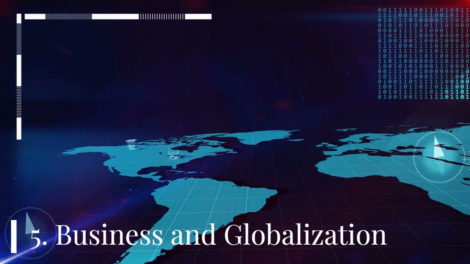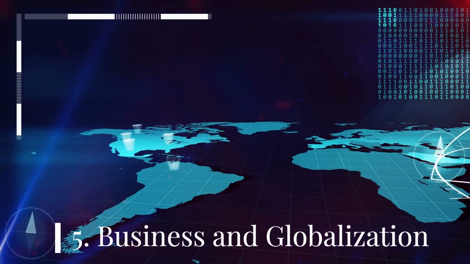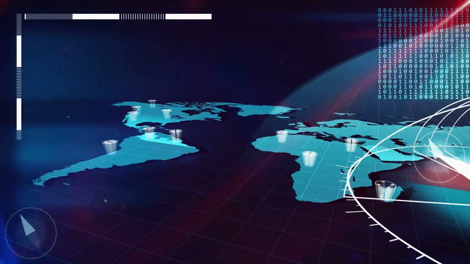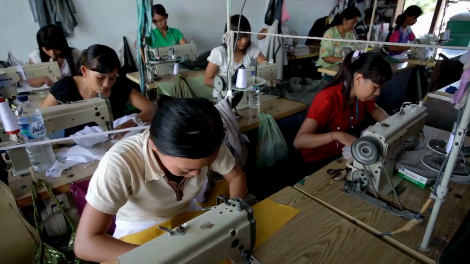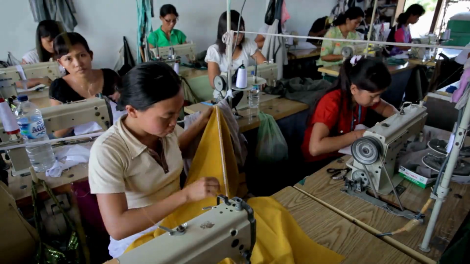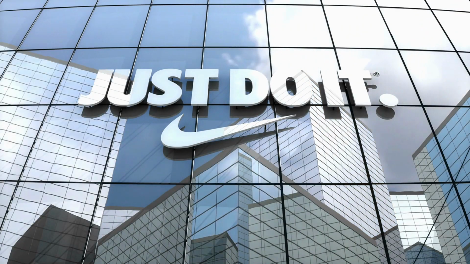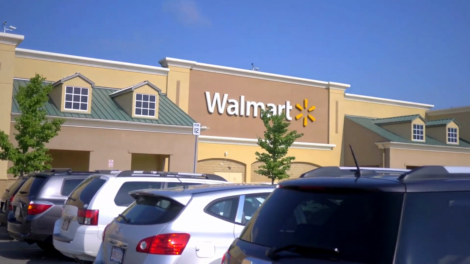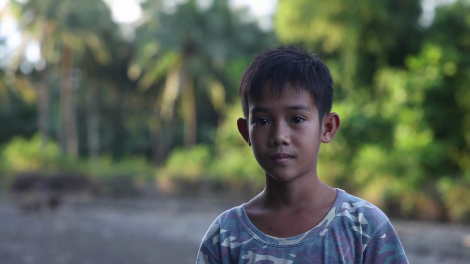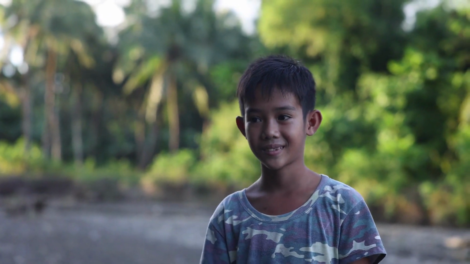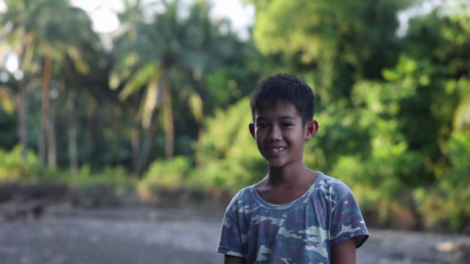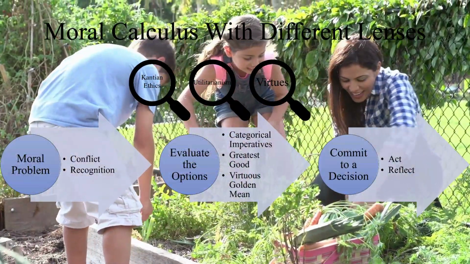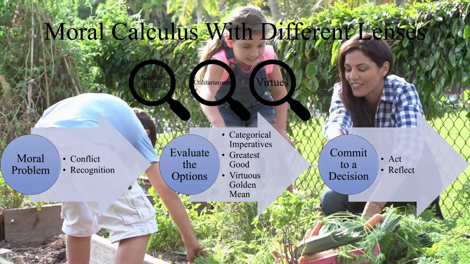5. Business and globalization. In this section, our text examines some difficulties we encounter when we attempt to apply Western moral standards in different parts of the global community. The first example is child labor. In the West, we condemn large companies like Nike, Gap, and Walmart for using child labor in developing countries. However, when we learn that the people of those countries are grateful for the opportunity for their children to work to help improve the lives of their families, and that they see it as a good thing, how should that impact our moral calculus from a utilitarian, Kantian, or Aristotelian perspective?